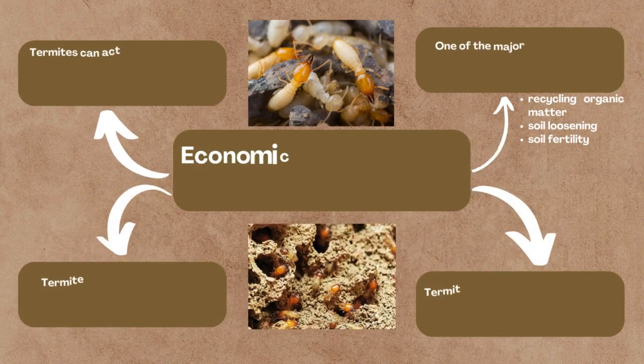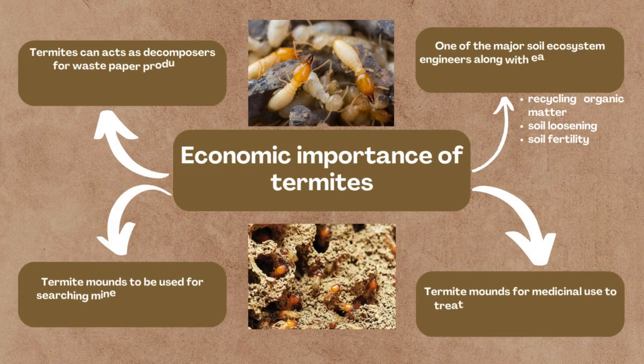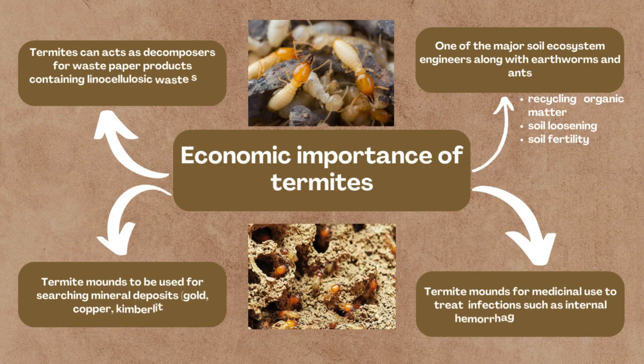For the economic importance of termites, there are 4 importances. The first one is that termites can act as decomposers for waste paper products containing lignocellulosic waste such as tissue paper. The second one is that termite mounds can be used for searching mineral deposits, such as gold, copper, and kimberlite. Another one is that termites are one of the major soil ecosystem engineers along with earthworms and ants. They help with recycling organic matter, soil loosening, and also soil fertility. The last but not least, termite mound is used in medicine to treat infections such as internal